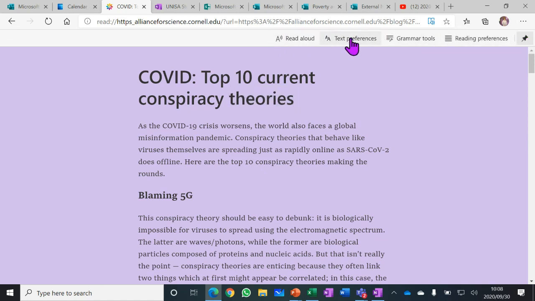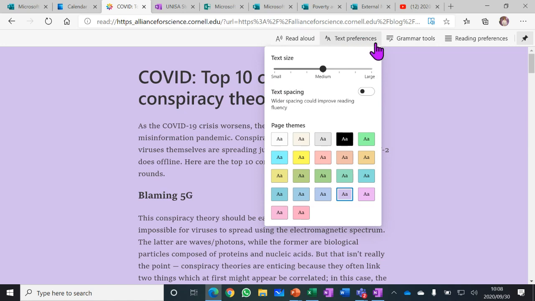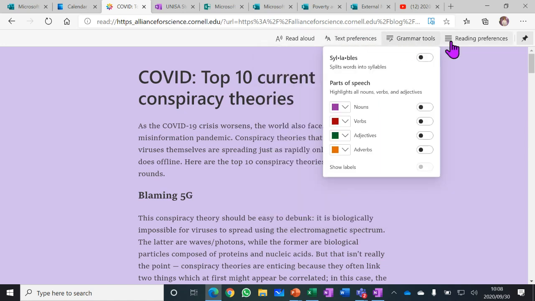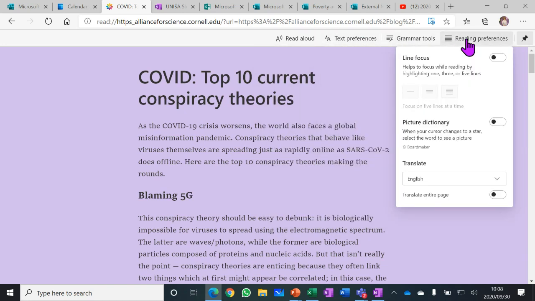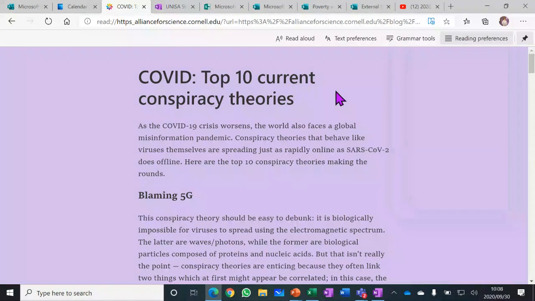So you've got, again, your text preferences, your color, your spacing, you've got the grammar tools, and you've got all your reading options available online as well. On Edge PDF, you can use the Immersive Reader as well. Have we got any questions? No questions. Okay, so